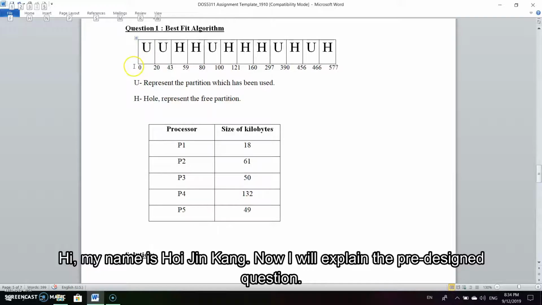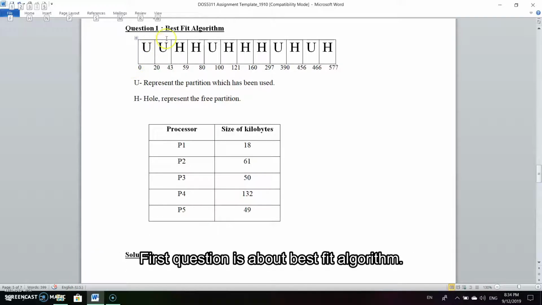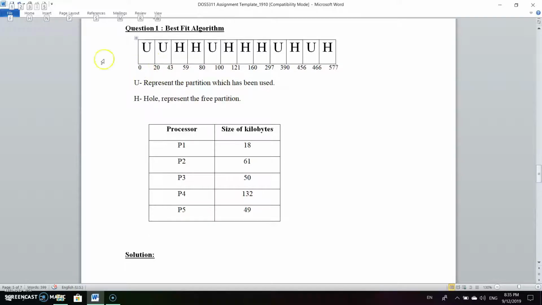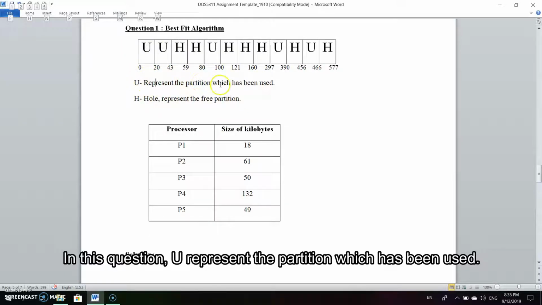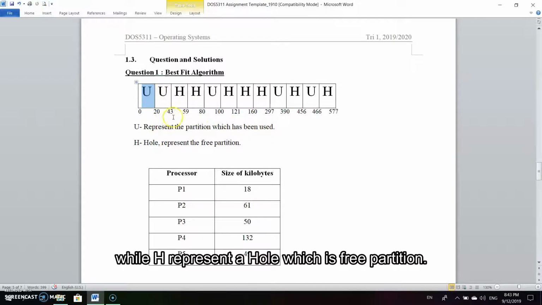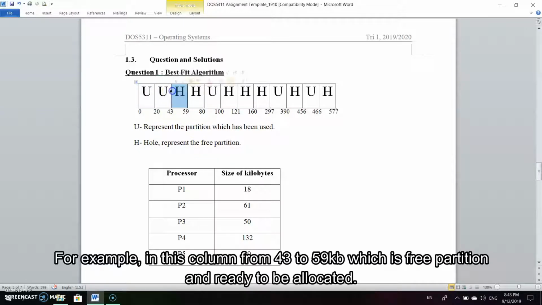Now I will explain the pre-designed question. First question is about best fit algorithm. Best fit algorithm is the process that the processor allocates the smallest block that is big enough. In this question, U represents the partition which has been used. For example, in this column, from 0 to 20 kilobytes it has been used, while a hash represents a hole, which is free partition. For example, in this column from 43 to 59, which is free partition and ready to